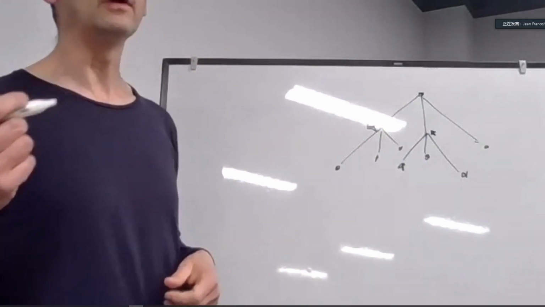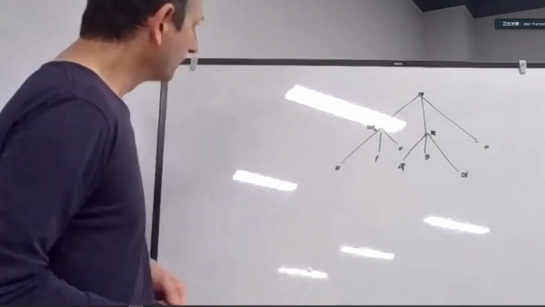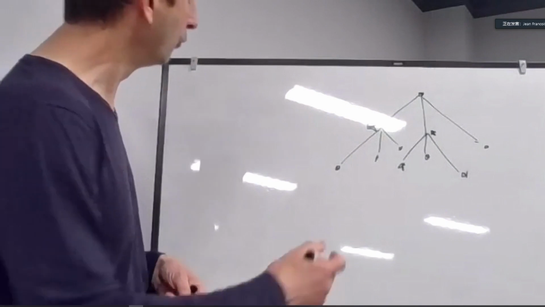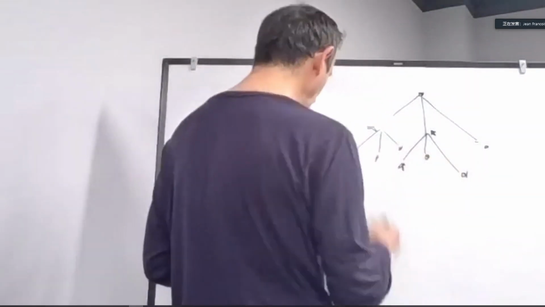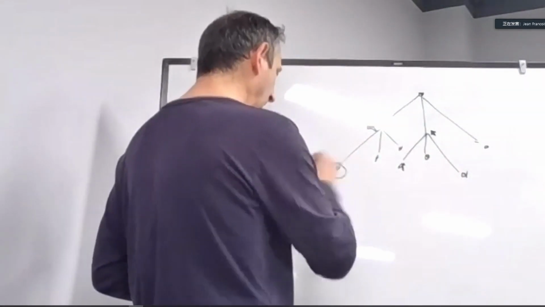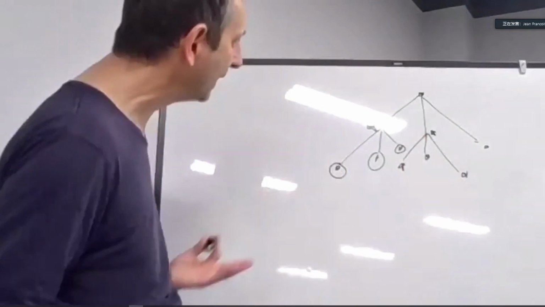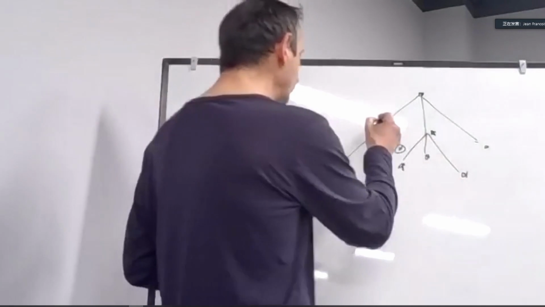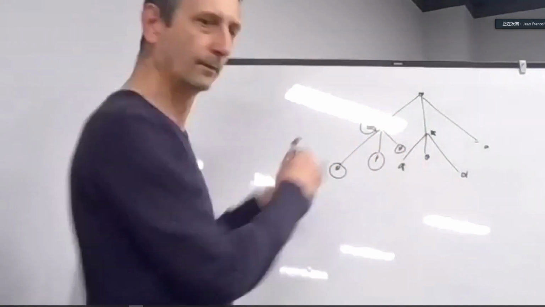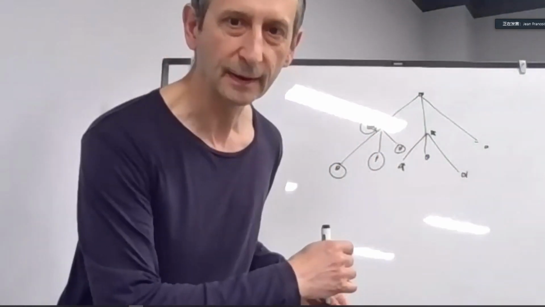If you are able to prove that some property holds on leaves, so let us say proof like this, so if something holds on leaves, and then from the leaves, you can